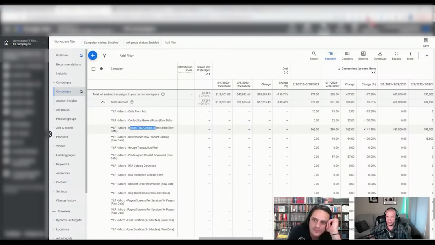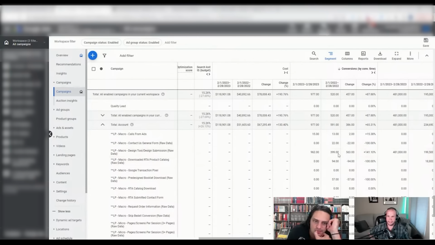But the only campaign that I started counting after that went up 141% for 130% more cost in the account. So by using automated bidding strategies, like TCPA or anything that is a restricted bidding strategy, what you're asking Google to do is not focus on the only conversion action, but get you a cheap conversion action, as many as you can, regardless of what happens to the other conversion actions. So you're training an AI tool to look at a micro conversion and a macro conversion. And you said, give me all of them.